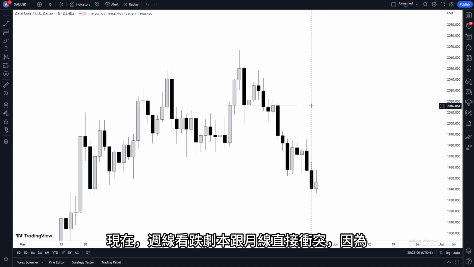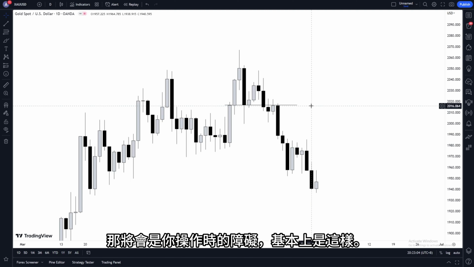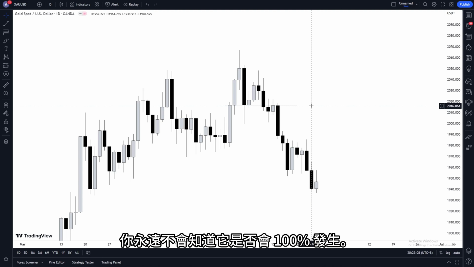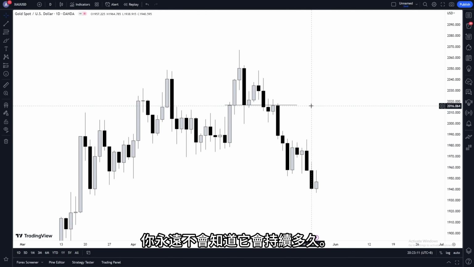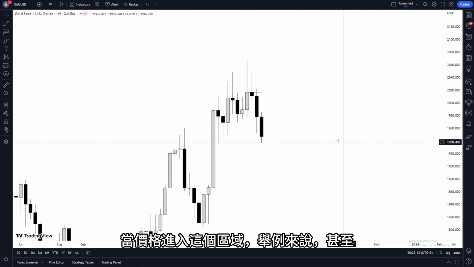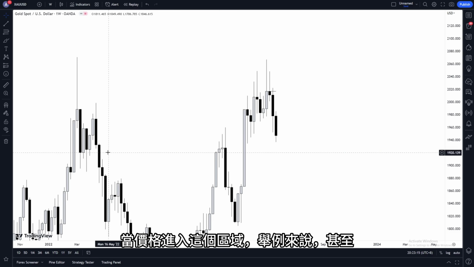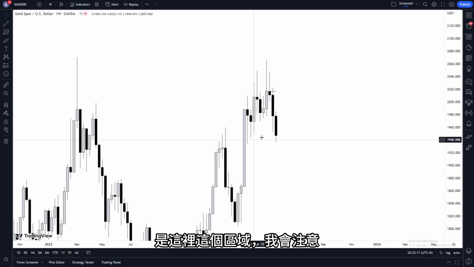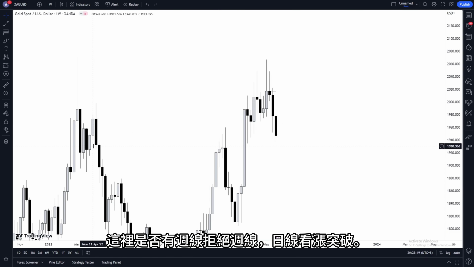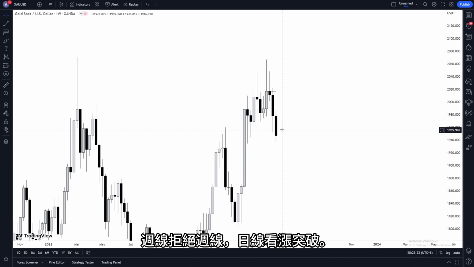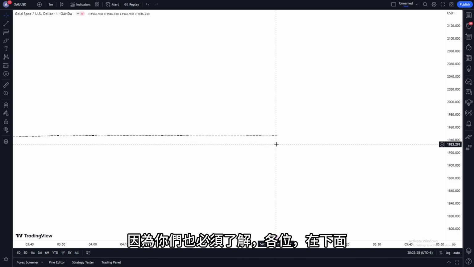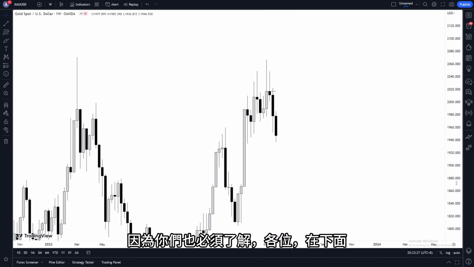Now, a weekly bearish storyline goes directly against the monthly, because that is going to be your obstacle playing out, basically. You'll never know whether it's going to play out 100%. You'll never know how long it's going to play out for. So I'll tell you what I'm thinking of. When price gets into this area, for example, maybe even this area right here, I'm going to pay attention to whether the weekly does a weekly reject weekly, daily bullish breakout, or over here, weekly reject weekly, daily bullish breakout. Because you also have to understand, guys, that down in here,